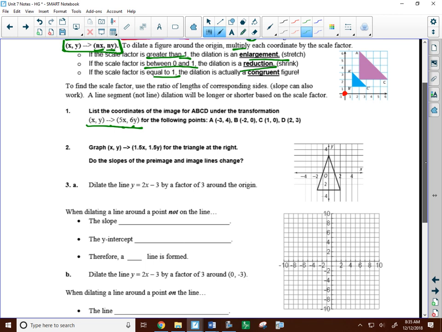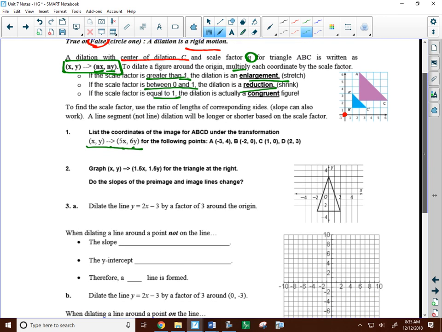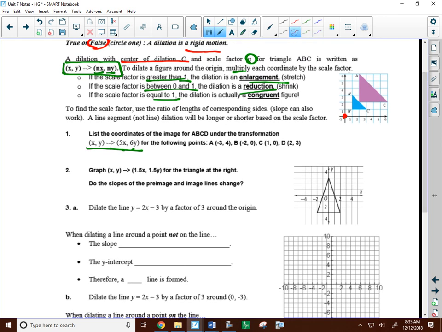I say here, sometimes they ask, what is the scale factor? For example, this one. Notice that this was the original and this is the prime one. So they said, what was the scale factor? We're dilating around the origin. What's the scale factor? You count one of the sides, or you count slope. I say that here. Count the lengths or count the slope